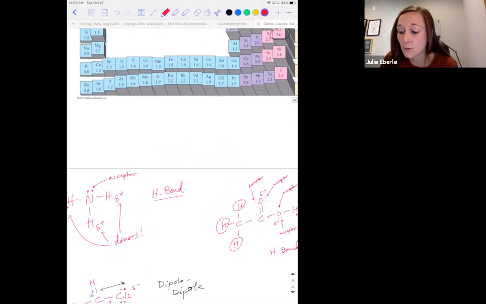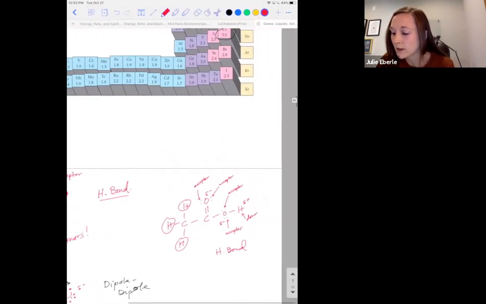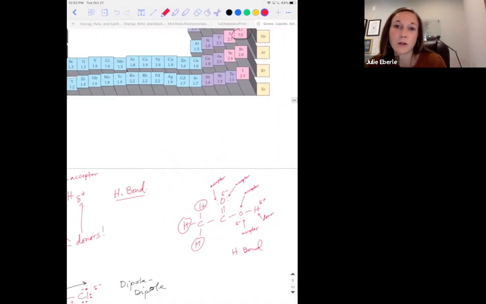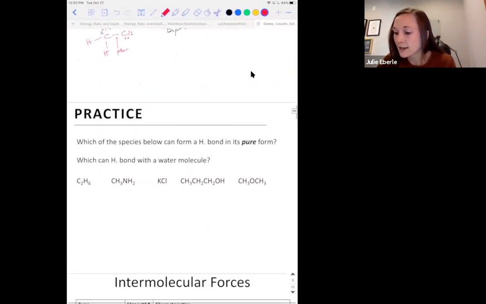Yeah, on the ammonia, you had 3 donors, 1 acceptor. Over here, on this one, you have 4 acceptors, 1 donor. Doesn't matter the number as long as you have both. So I'm going to close this poll. And essentially, that's it for today. I did have another practice slide, so we'll just have to get to it another day.